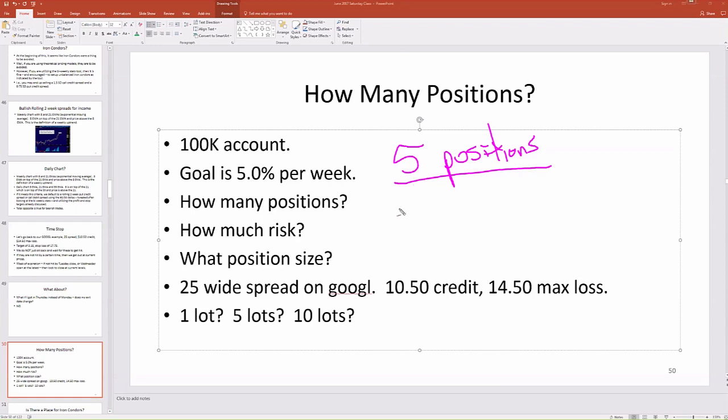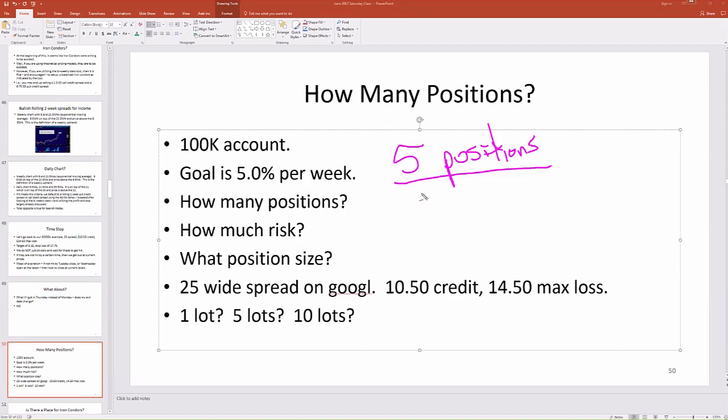And again, if our goal is to make $5,000, then on the one hand, you could do one trade as a $5,000 credit, 10-lot trade, $5 wide, $5,000 credit. And if it expires worthless, you made it. Well, we're not worried about expiring worthless and all that kind of stuff too. So, the question is then if you had